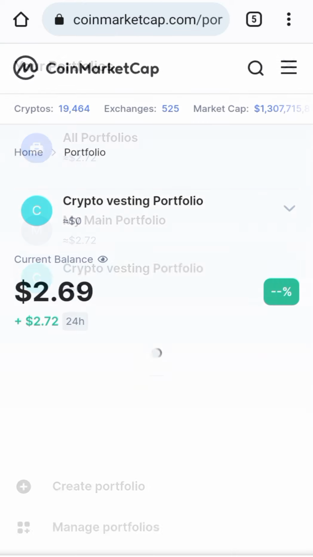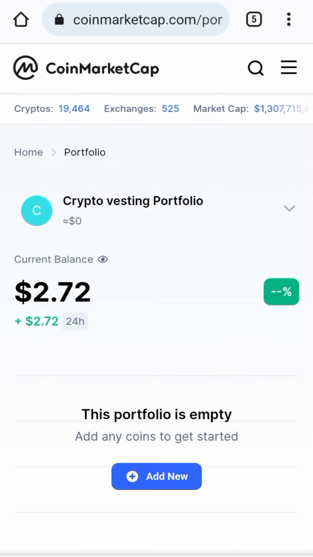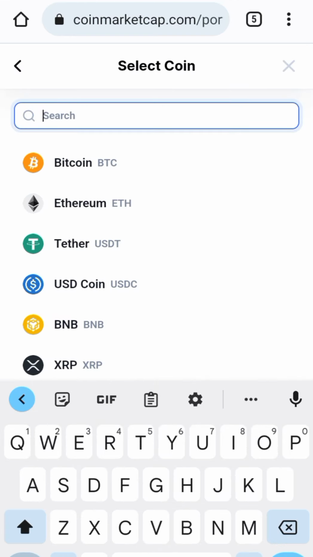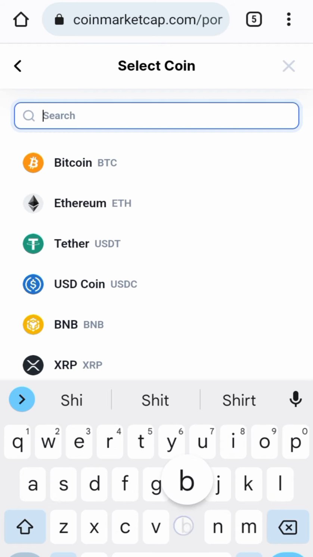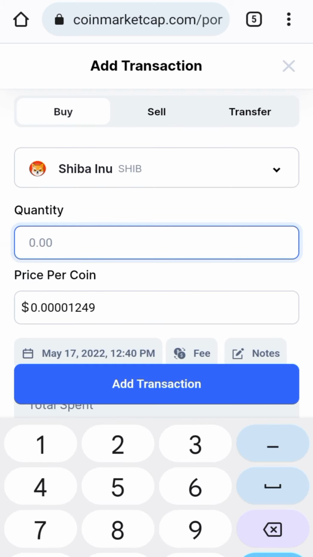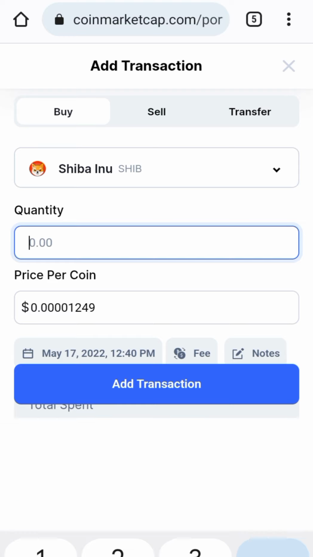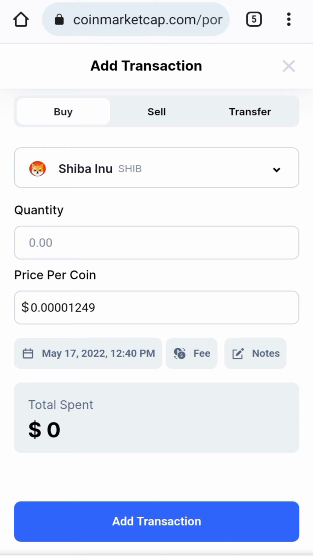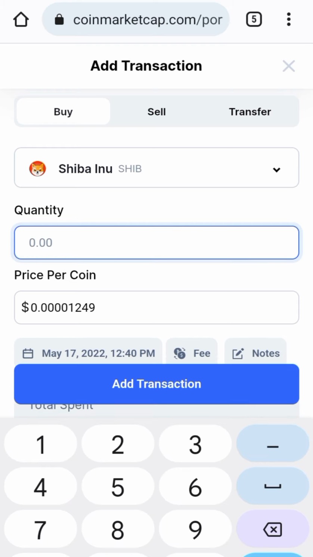So switch over and add a new coin. Let's say you bought Shiba. Search. Now let's say you bought Shiba at, let's say, $10 and you got about, let's say, 700,000 quantity